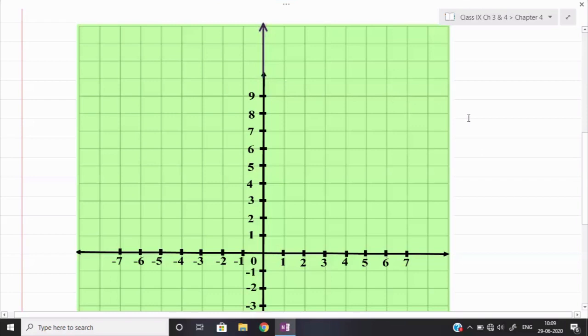Now let us see what points we can mark here. This point I can mark as 10, this will be 11, this will be 12, and the last one will be 13. Now see, this will be my x-axis and this is my y-axis. The scale I am writing inside here because some points could be plotted. So the scale is 1 unit equal to 1 centimeter.